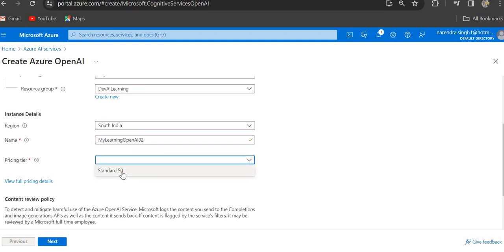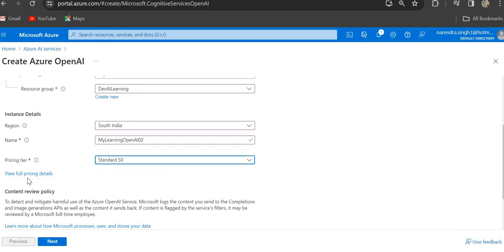pricing tier. As of now, this is one pricing tier. You can go through the whole pricing section by clicking on this link, view full pricing detail. But as of now, I'm just using this single one. And one other thing is that Azure OpenAI is not available